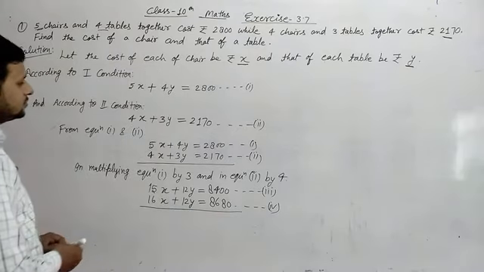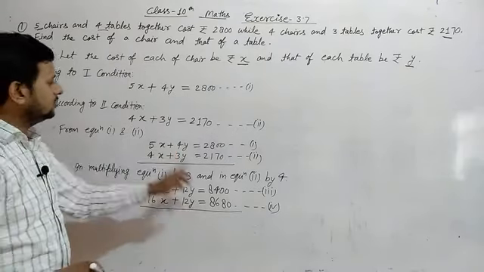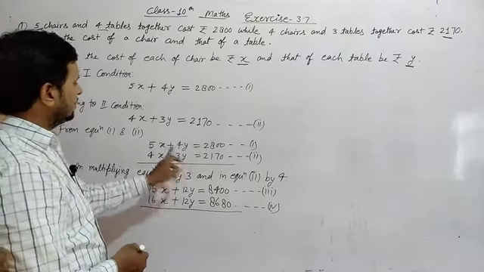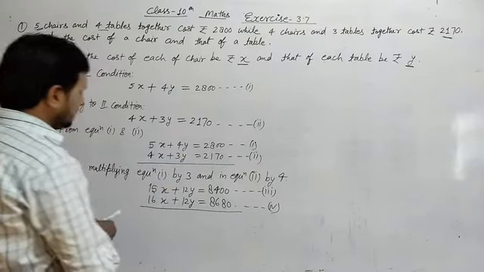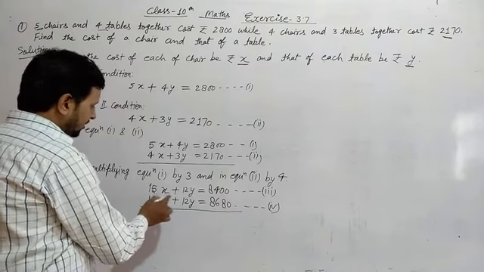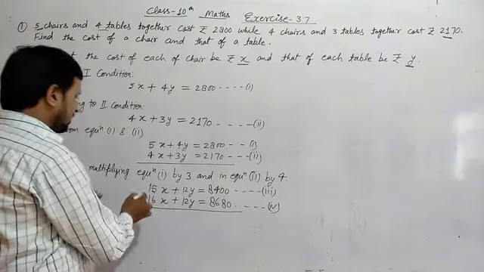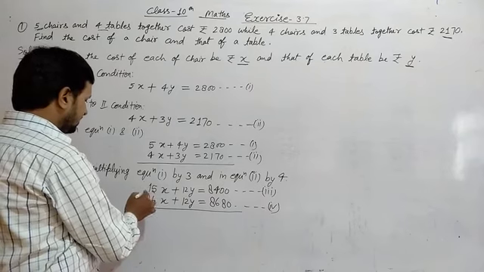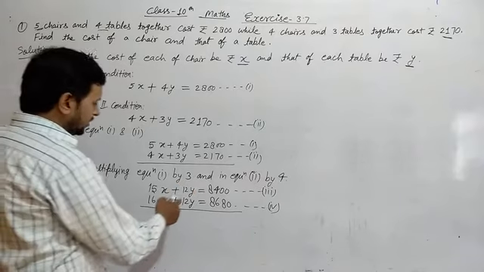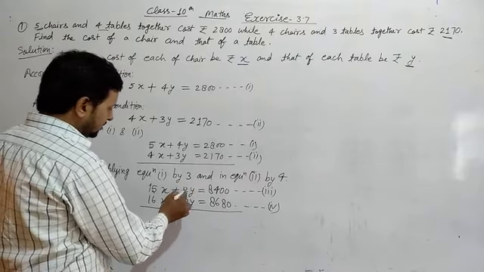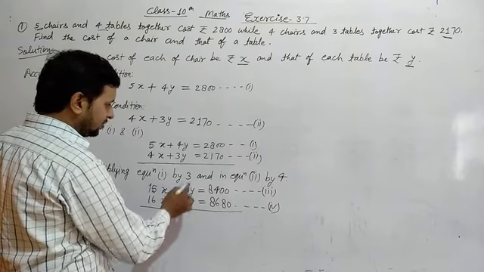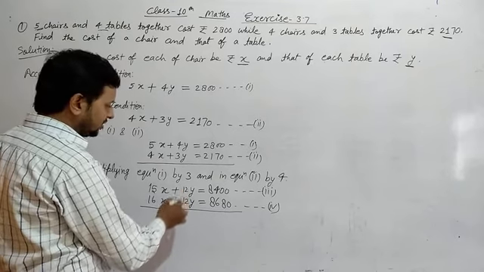It's clear? Again check it. 4 0 0, 4 7s are 28, carry on to 4 1 is 4, 2 makes 6, and 4 2s are 8. It's right. Now we see here the sign of plus is given everywhere. So when we have to solve it, this is 12y and this is 12y, means in both equations 12y is common, so it can be cancelled out.